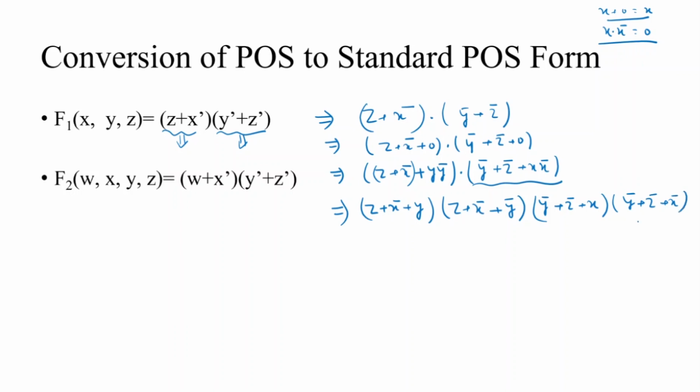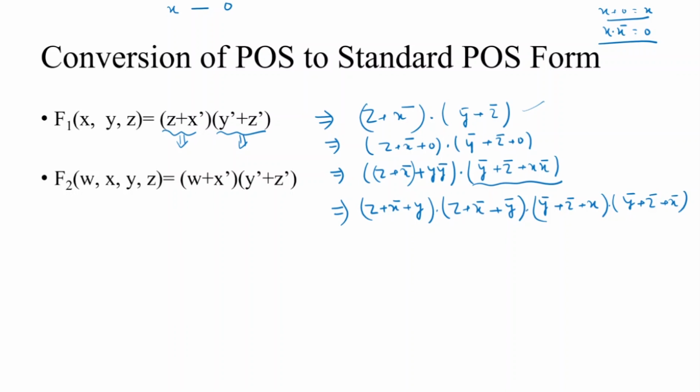This means this function is also in POS form, because all the OR terms are ANDed together. Here the hidden operator is dot. All the OR terms are connected through the AND operator. We know that in case of POS, when the variable appears in its original form like x, we represent it by a 0. But when we talk about SOP, if the variable appears in original form, it represents a 1.